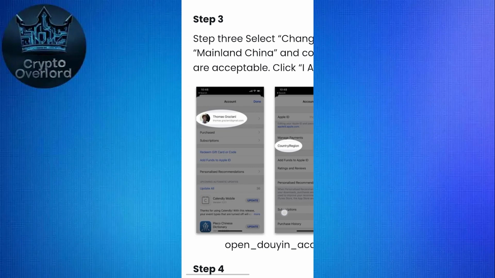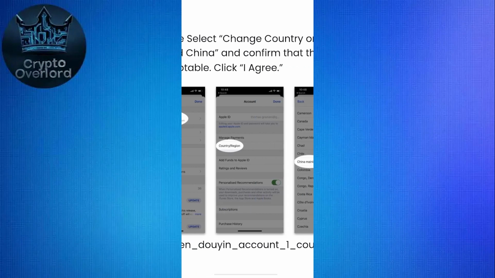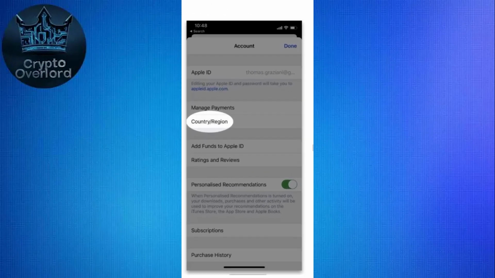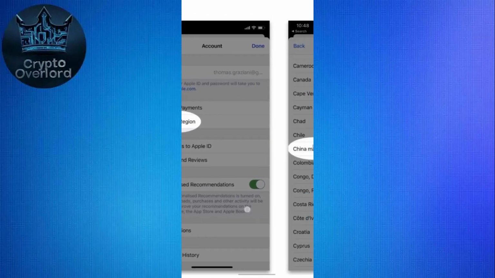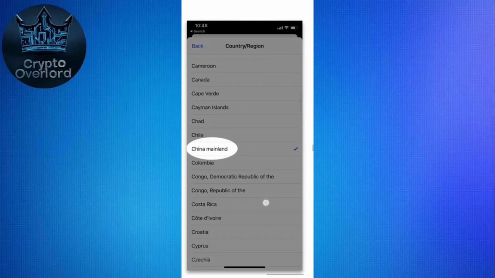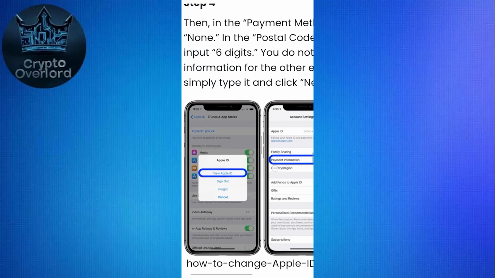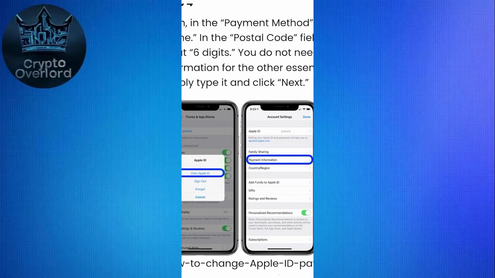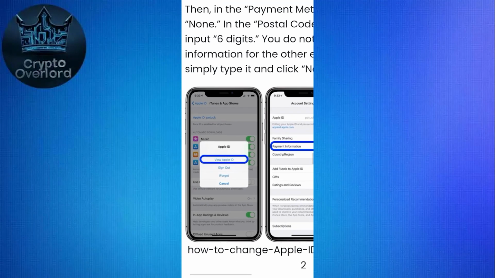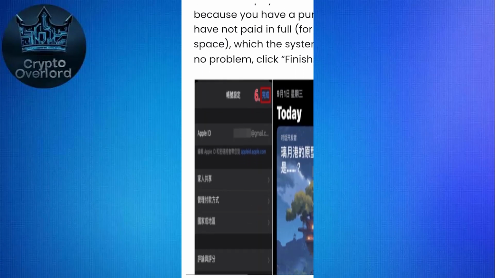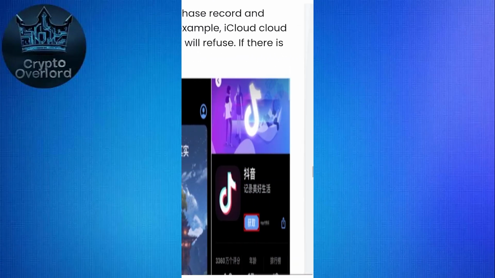Unlike international TikTok, Douyin also asks for your region and age to comply with local regulations, so input those details accurately. After account creation, you'll have the option to link other social accounts like WeChat or QQ for faster login in the future. You can also adjust your privacy and content settings to control who can follow you or see your videos. Douyin's interface will appear in Chinese by default, but you can switch some menus to English in the